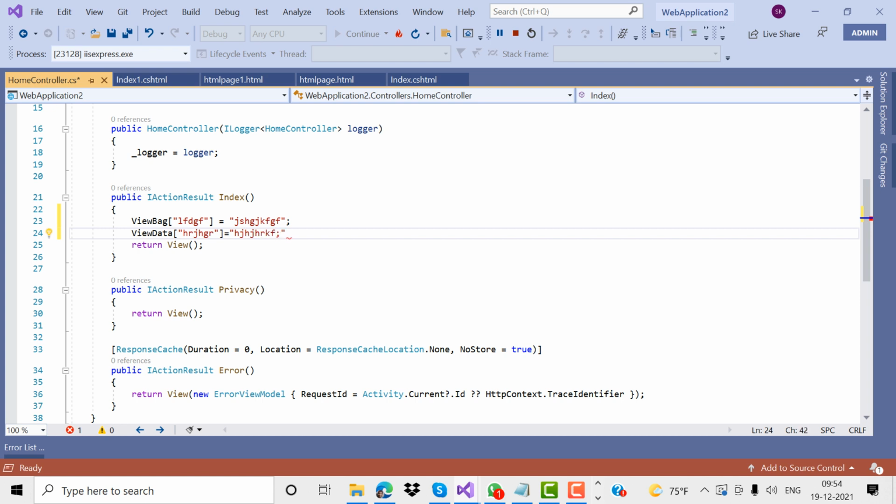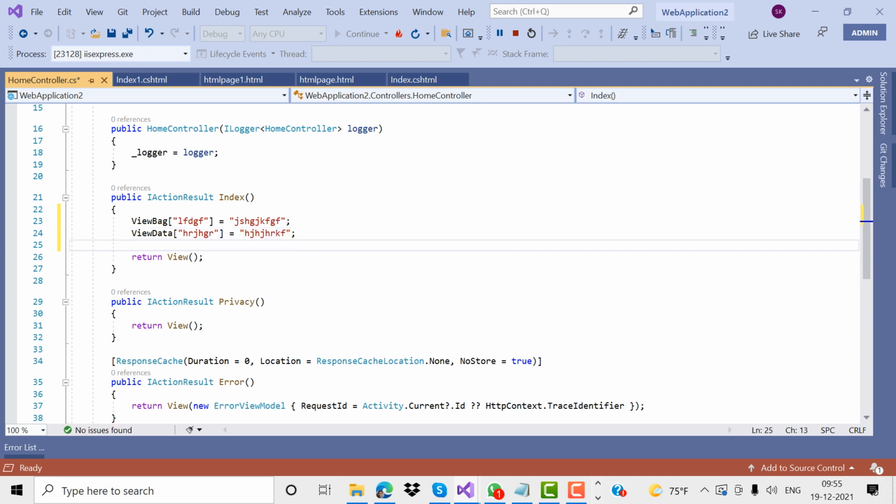If you want to maintain it, ViewBag and ViewData can be used. We can maintain the value from one view to another view, from view to view only. Now, if we want to maintain the value from controller to view, or controller to controller, then we can take TempData. TempData maintains the value from one controller to another controller. If I want to maintain it throughout the application, at that time I need to use the TempData dot Keep function.